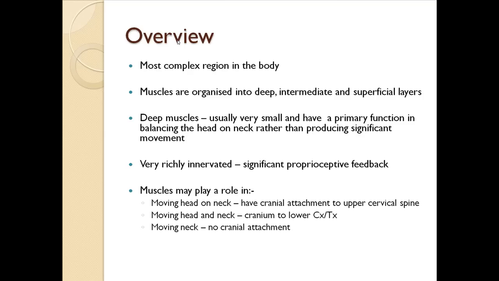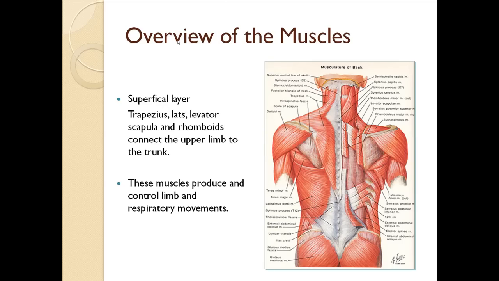The muscles in the cervical region, especially the deep muscles, are very richly innervated, especially with proprioceptors. Muscles may have a role in moving the head on the neck. Those muscles will always have a cranial attachment and then an attachment onto the upper cervical spine, moving the head and neck, so they will have an attachment onto the cranium down to the lower cervical spine or upper thoracic spine, or even onto the shoulder girdle. And there are those that move the neck alone, and they have no cranial attachment. Starting off with the superficial layer